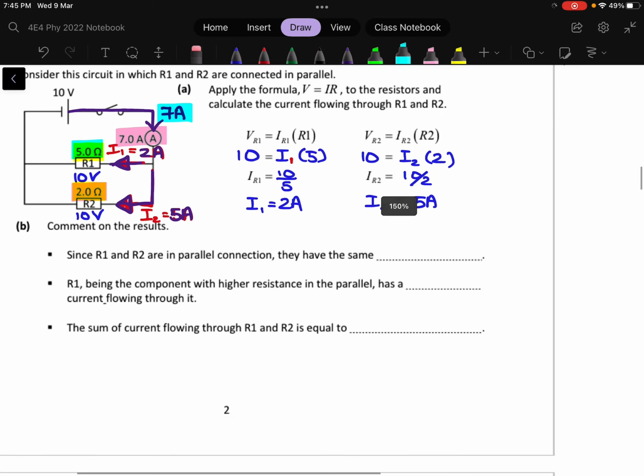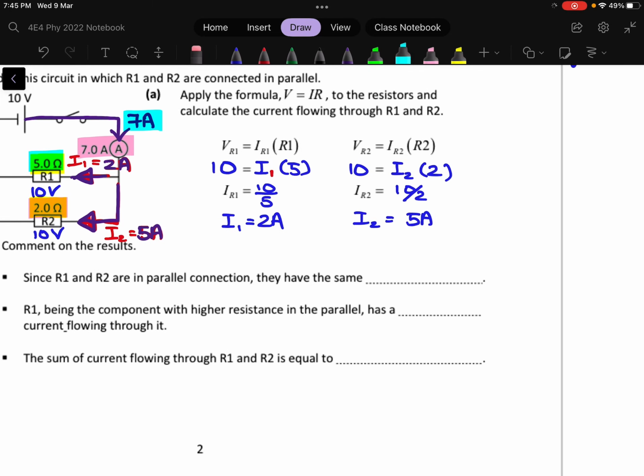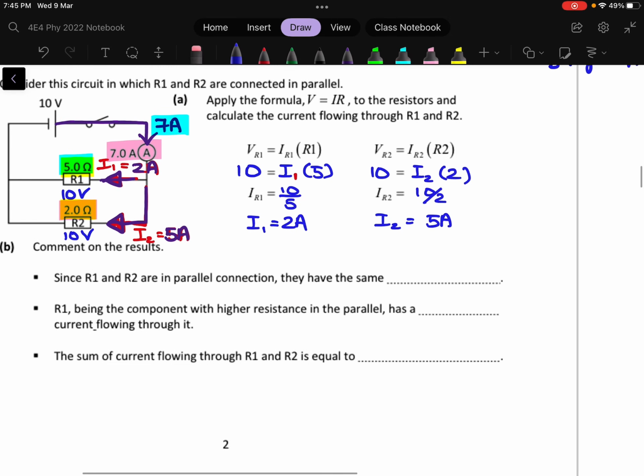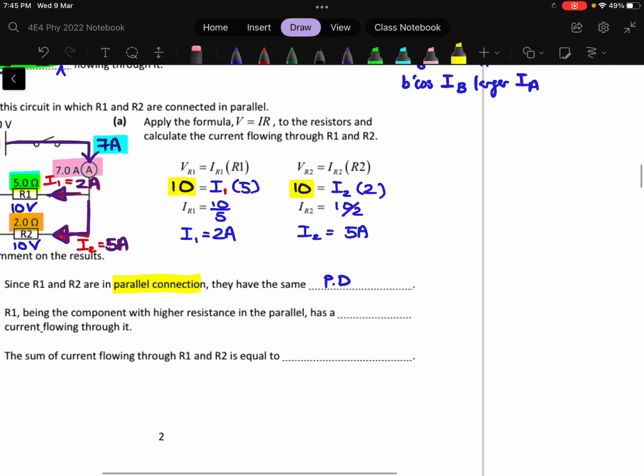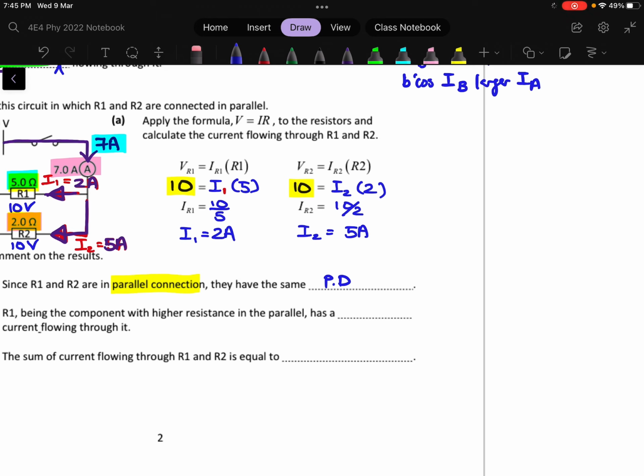So down here the blanks, we just need to fill out what we have observed. Number 1 is that they will have the same PD because they are in parallel. Okay, and I gave you an explanation for this. So if you have forgotten, I will just quickly